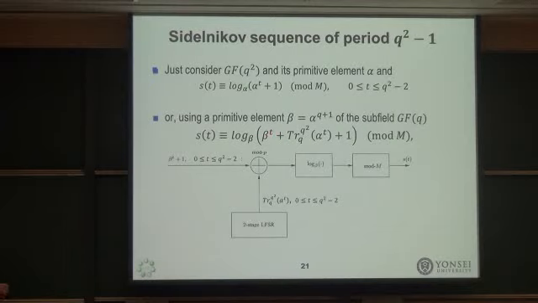So when we consider not period q minus 1 but period q square minus 1, we change the size of the field from q to q square. We still can use the same definition using the primitive element of GF(q square), but instead we use the primitive root beta of GF(q), and then some trace representation of alpha to the t, and we take the discrete log,